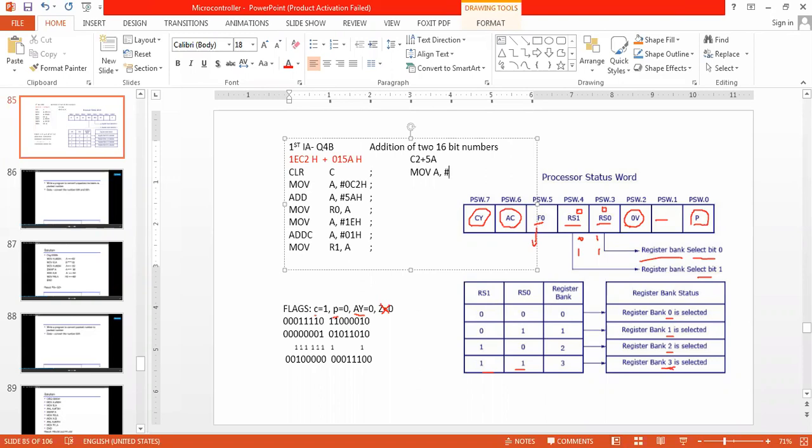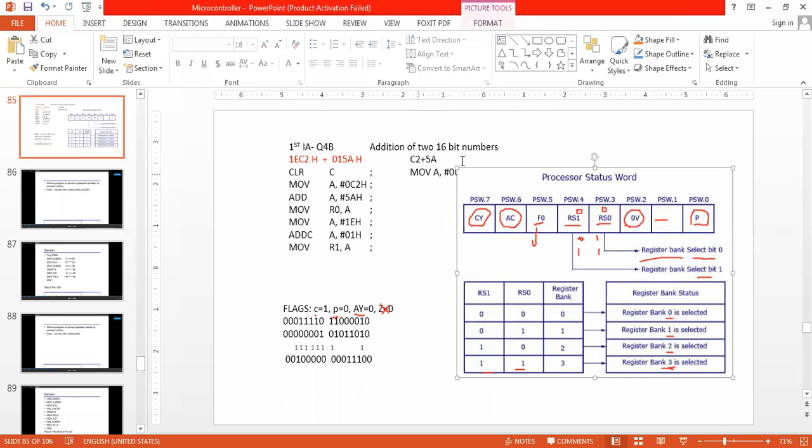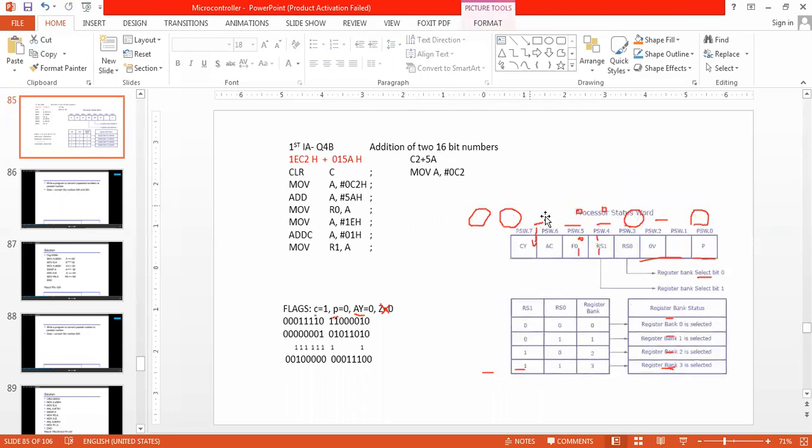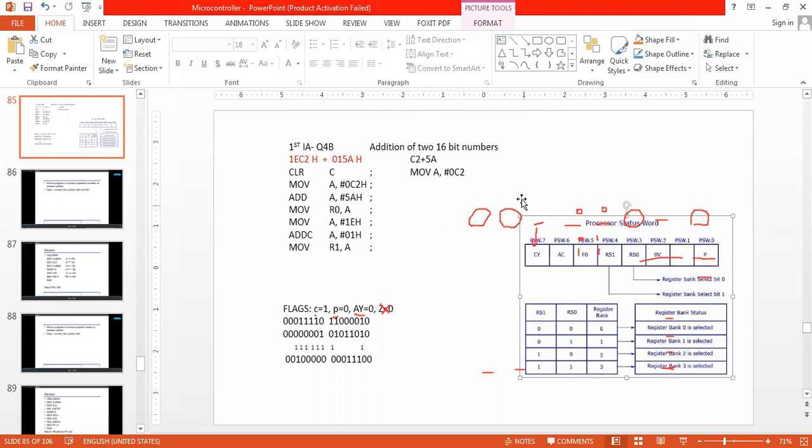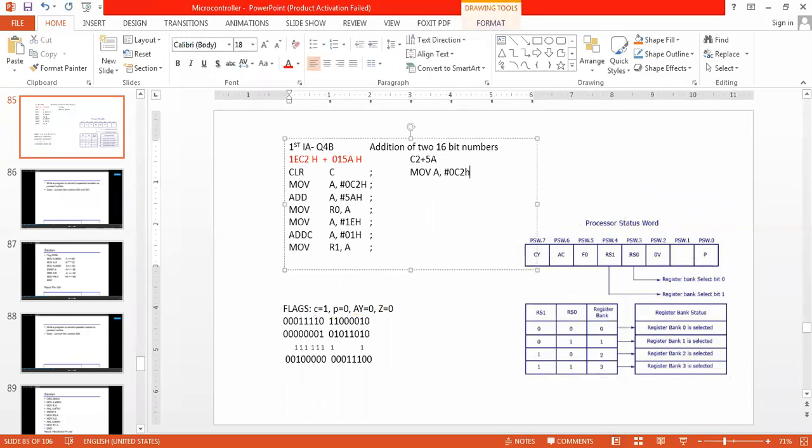It determines the direct number, the immediate value. Then 0C2H. I have to mention H here. H stands for hexadecimal number.